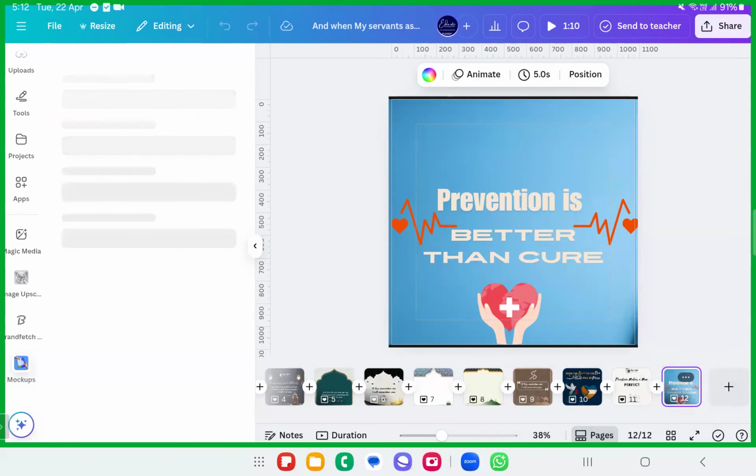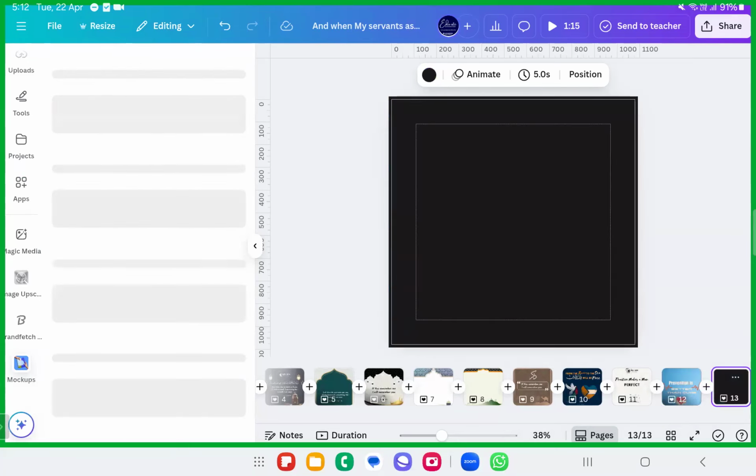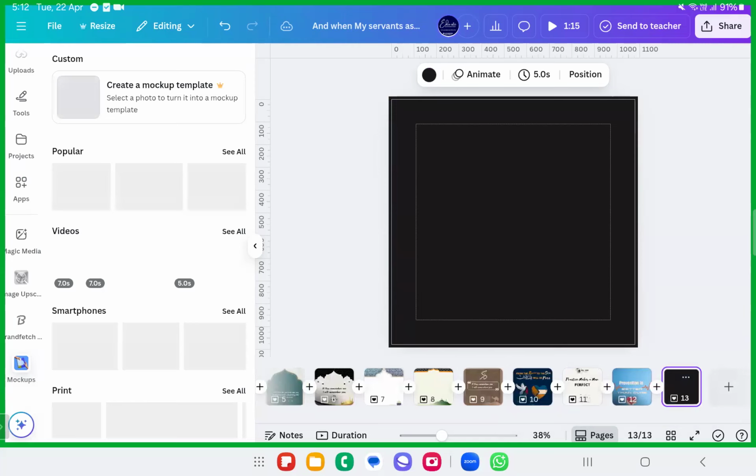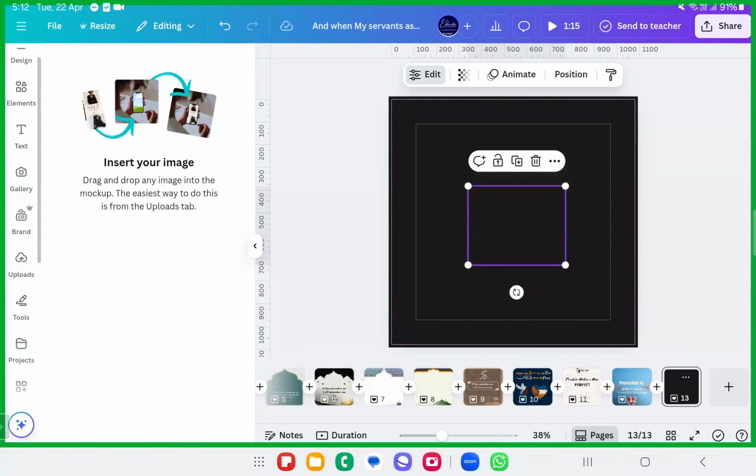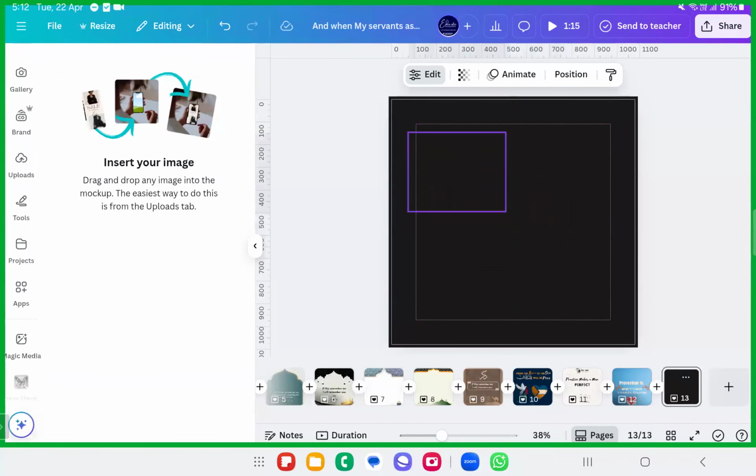I already told you, mockup is an excellent branch of graphic designing where you are creating the mockup of a post. For example, just look at this post, dear sisters and brothers. Think that you are into a business wherein you are customizing the photos on mugs. So how do you deal with that? You just have to put that mockup here. See, I'll show you how to do that.